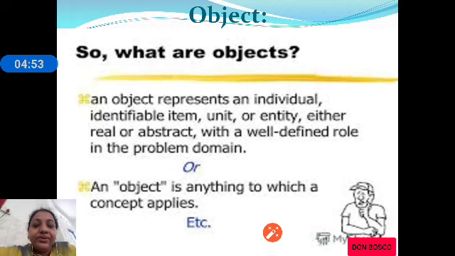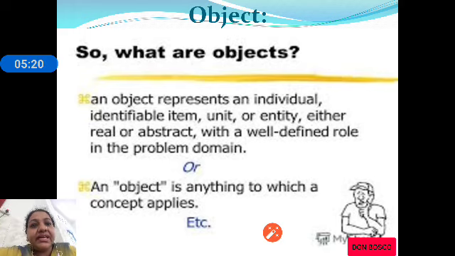If you write a program to process item details in a shop, items become an object. If you process books information for a library, book will become an object.